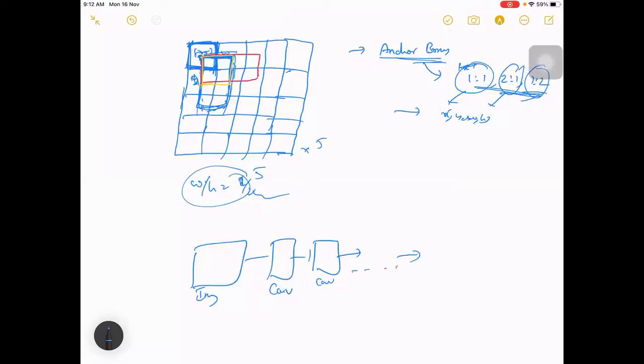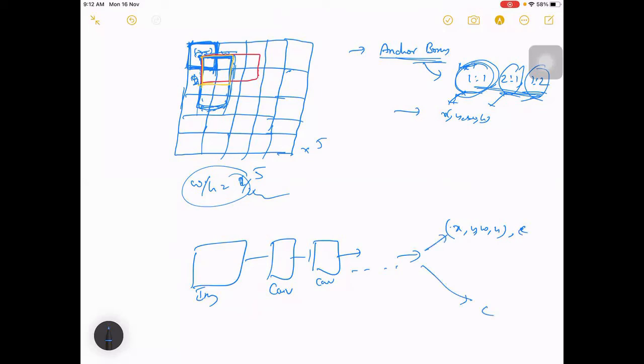So for each of the boxes, like we were saying, you can have three boxes, right? Let's assume for a single box, for the anchor which is 1:1, you can have x, y, w, h, and for that you can have one class, which is the classification. Let's keep it separate.